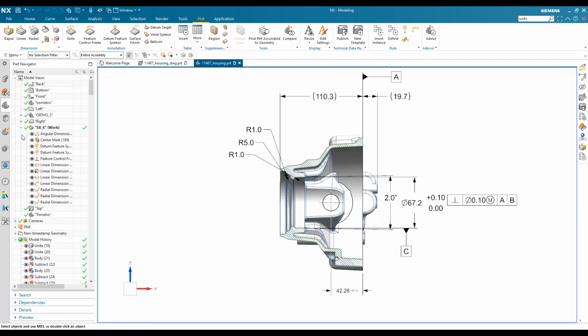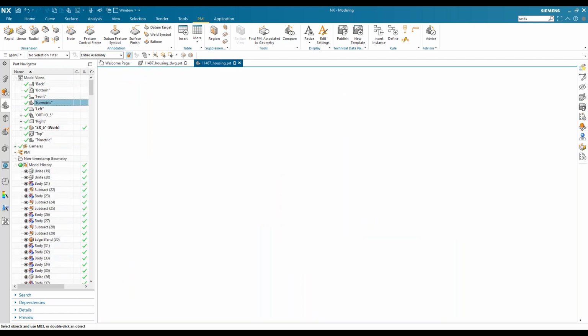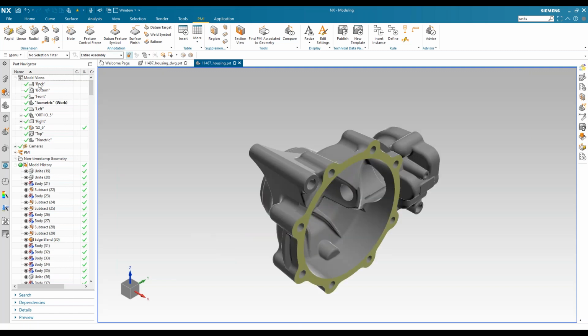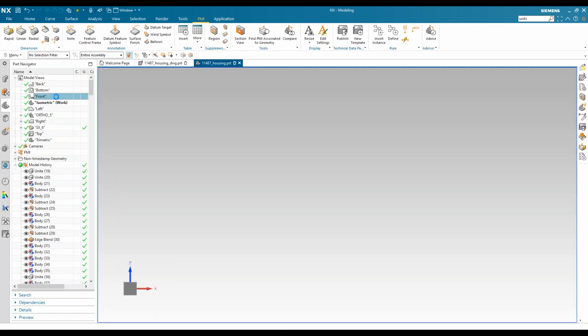You also have the option to add notes in here. You can add notes a couple ways. You can do it from your model views using the note option here, or you can have it as part of your template where you ask someone to manually write your notes in during the publish portion of this session. So for this example, we'll show